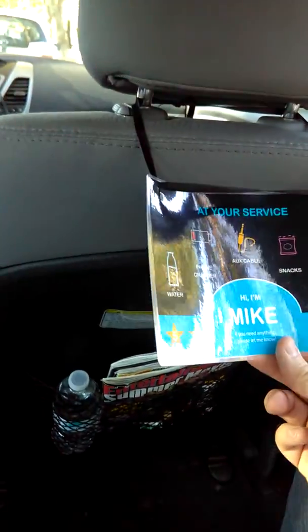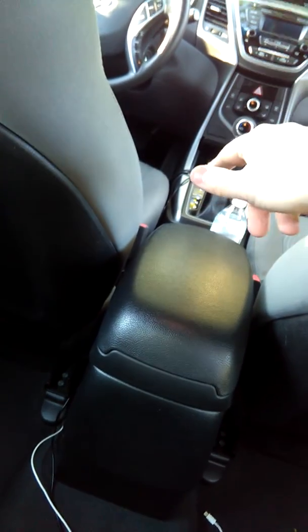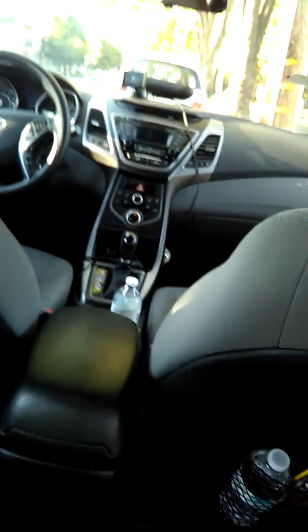And so like I said, do the waters, do the snacks. I mean, get the signs even. They also have a little thing that you put right here. It's like a little box, and people can actually put a physical cash tip, and that's what I'm thinking about doing, because people get like